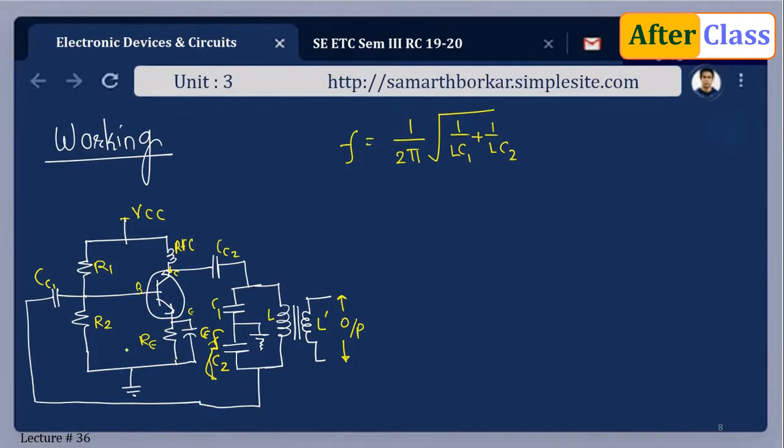Now this amplified output in the collector circuit is supplied to the tank circuit. So you see the amplified output at the collector terminal is again connected to this tank circuit, in order to meet the losses. And what are the losses? There is energy conversion from electrostatic energy to magnetic energy and vice versa, because the direction of current is going to get reversed. So these losses need to be compensated, and these losses are compensated by this amplifier.